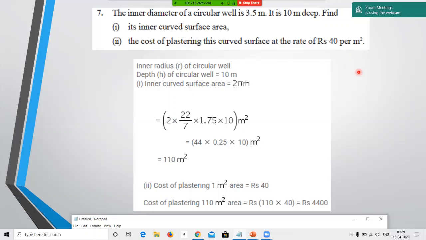The top cannot be plastered because you have to draw water from the well. Similarly, the bottom also cannot be plastered, children, because if you cover the bottom, then you will not get the water. Am I right? How are wells made? They dig into the ground and then they reach the water level, right? Water level from where we directly get water. So if you plaster the bottom only, there's no way of getting water at all. It would be just like a bathtub, which is closed at the bottom. So as long as water is there, you use it and then it's over.